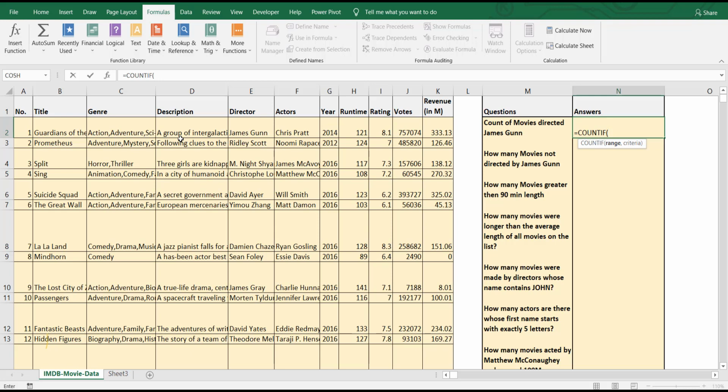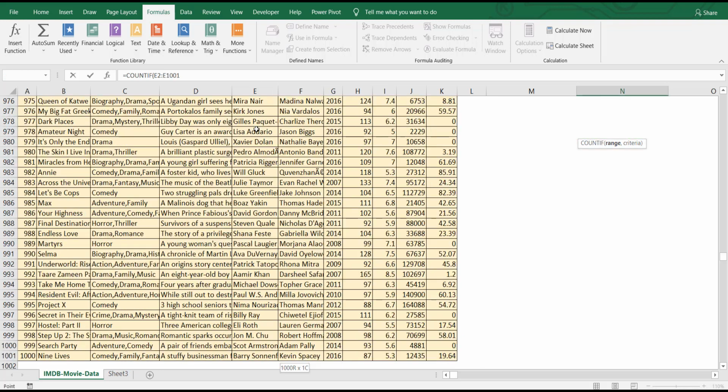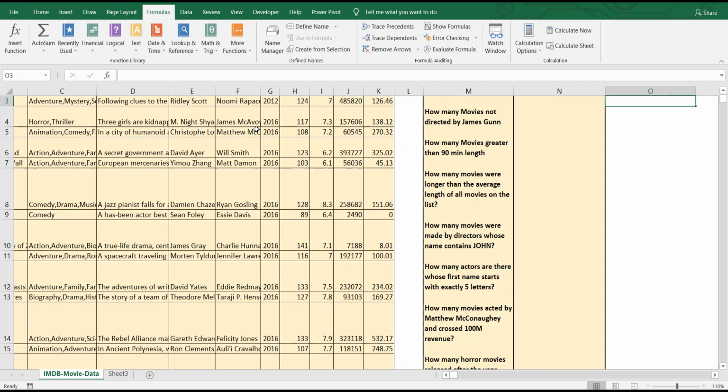So let's select the entire directors column, and put a comma and open double quote and type James Gunn, close the double quotations, close the bracket and press enter.